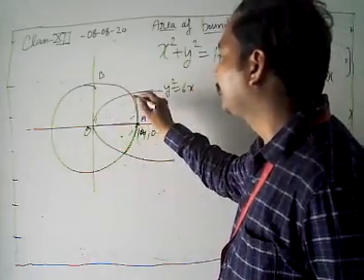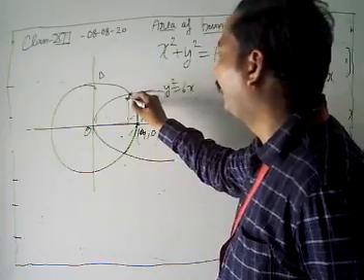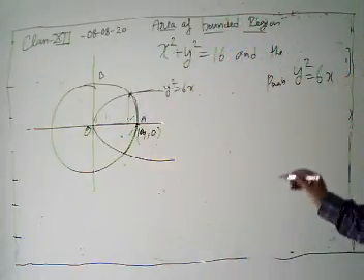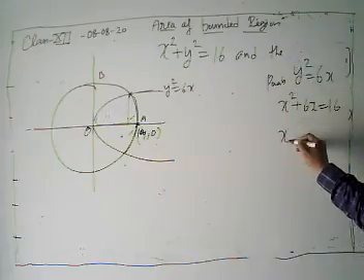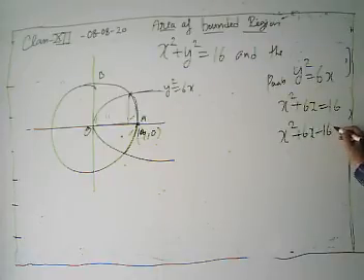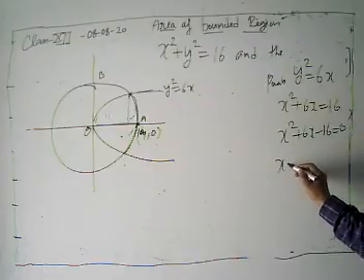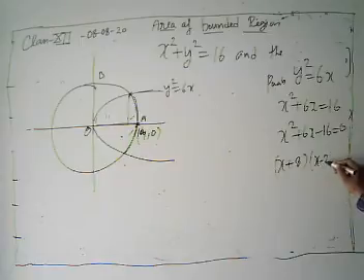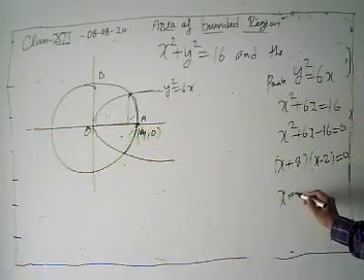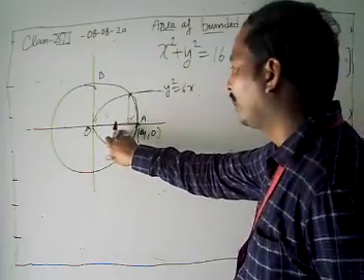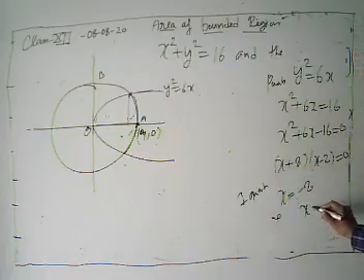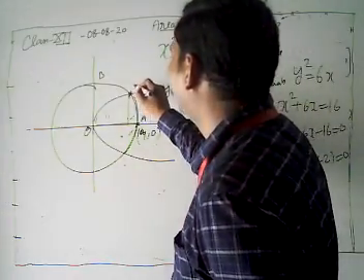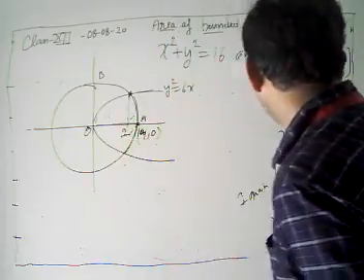Look, again it's the intersection point. First of all, we have to find the intersection point. Putting y square equal to 6x, x square plus 6x equal to 16, x square plus 6x minus 16 equal to 0. It factorizes as (x plus 8)(x minus 2) equal to 0. Now we have x equal to minus 8, but we are discussing only the first quadrant, so we cannot take it. Then we take x equal to 2, and this is our intersection point.